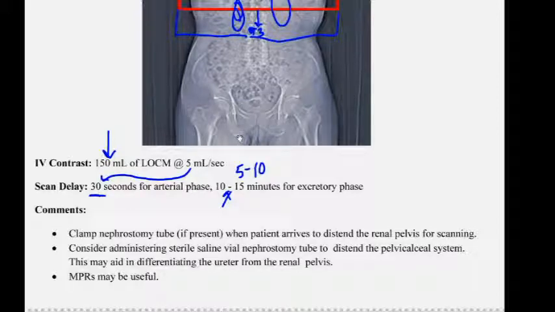Okay, so basically comments are: clamp the nephrostomy tube if there is one present when the patient arrives to distend the renal pelvis for scanning. Consider administering sterile saline via a nephrostomy tube to distend the pelvic system. This may aid in differentiating the ureter from the renal pelvis. And MPRs may be useful. The biggest thing here is that MPRs are going to be extremely useful,